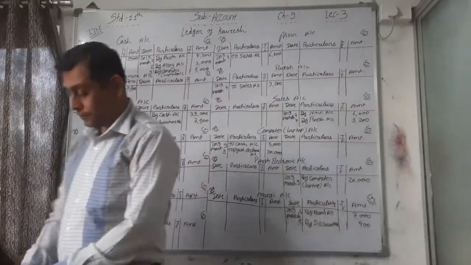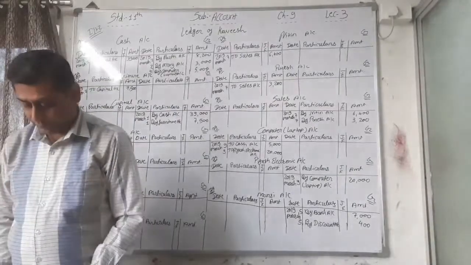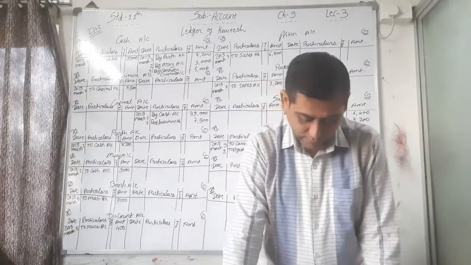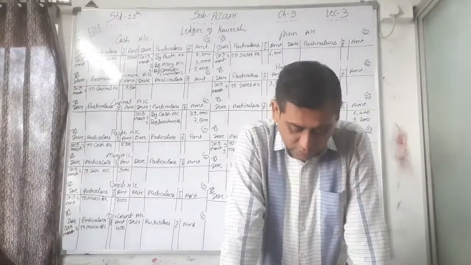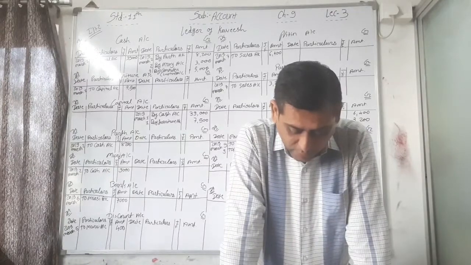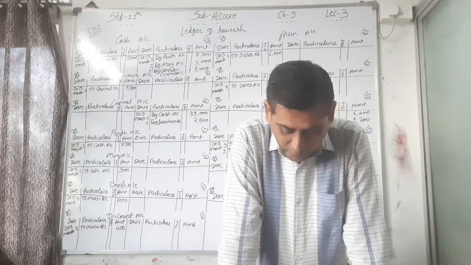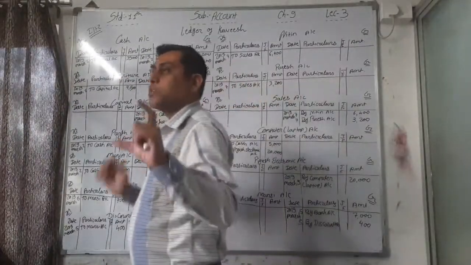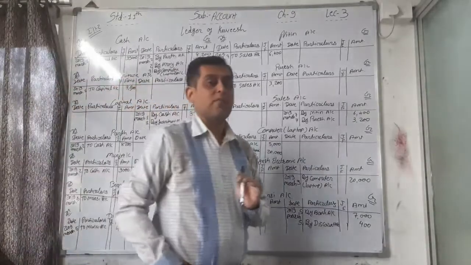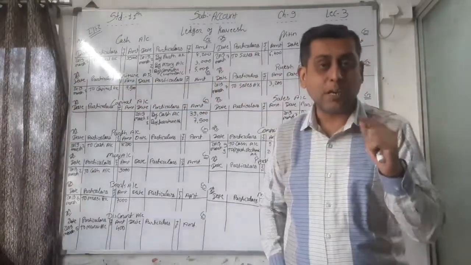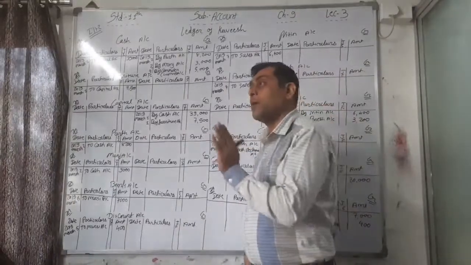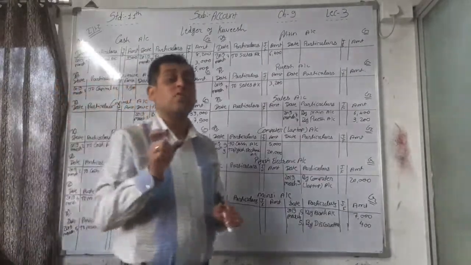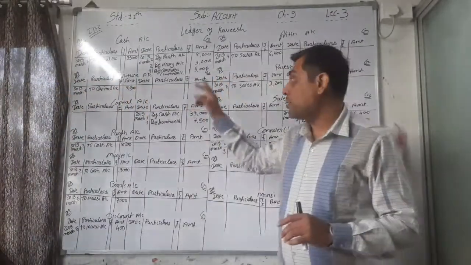Okay, so see that. Now illustration number 3, posting from the subsidiary book. First of all, see that from the following transactions, prepare the sales book of Sri Anu and post them into the ledger. First we have to prepare one sales book only. Only sale transactions are given, and we have to prepare a sales book, that is a subsidiary book, and from that subsidiary book we have to make a proper ledger and post them into the ledger. That means we have to prepare all the affected accounts and make the posting.